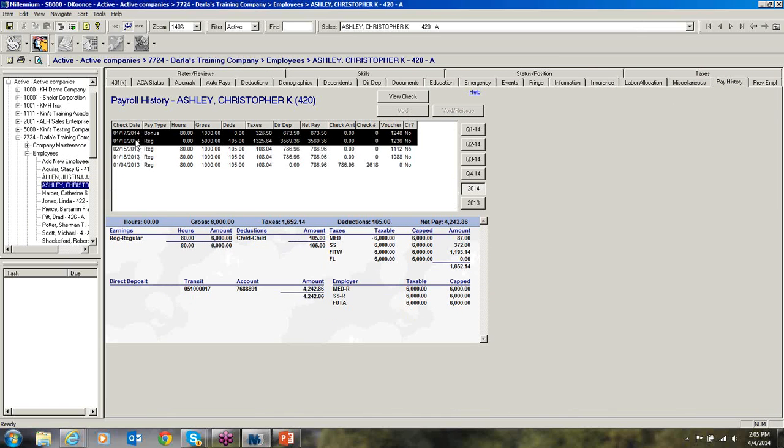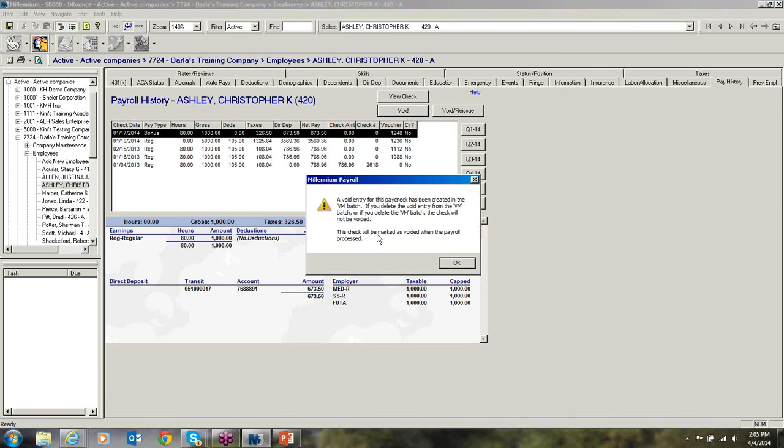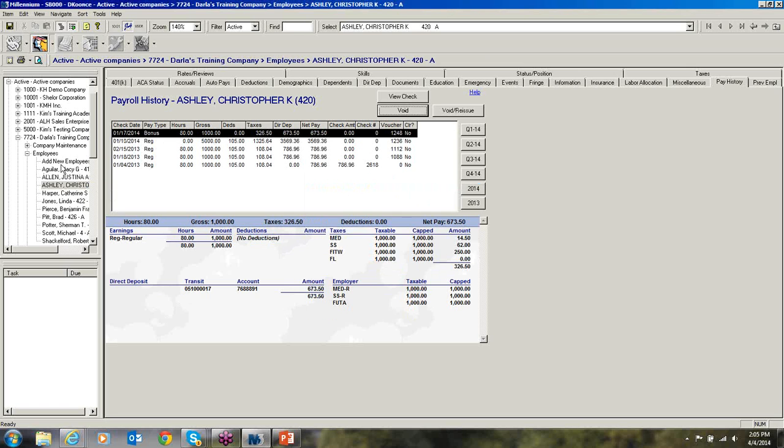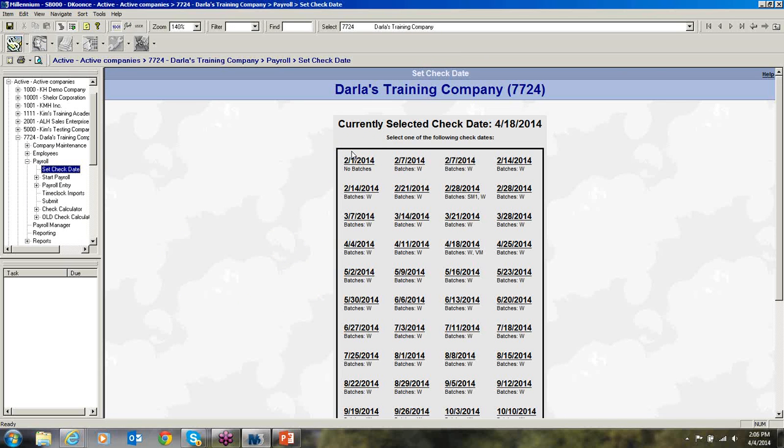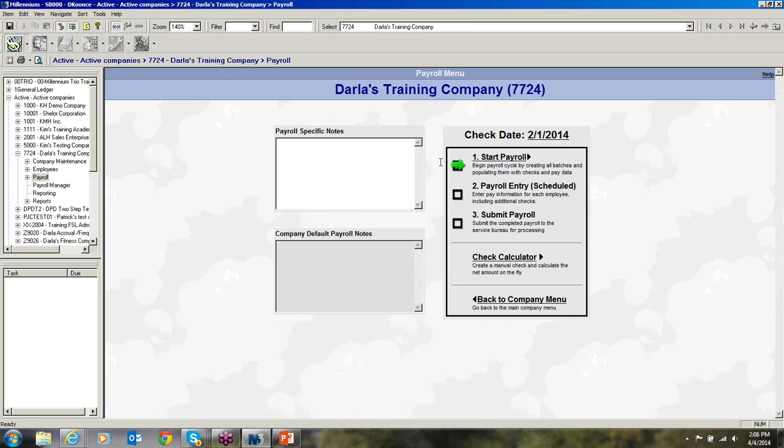So let's just go void out this bonus. Now, remember, I have a check date set out here, right now it's on 4/18. If I move this back now to my 2/1,